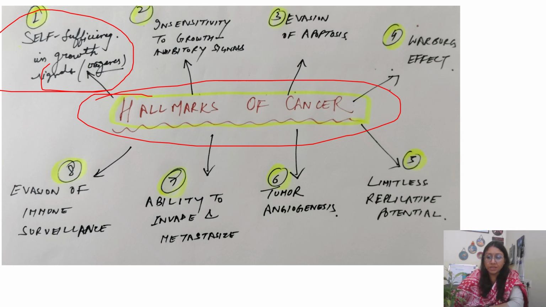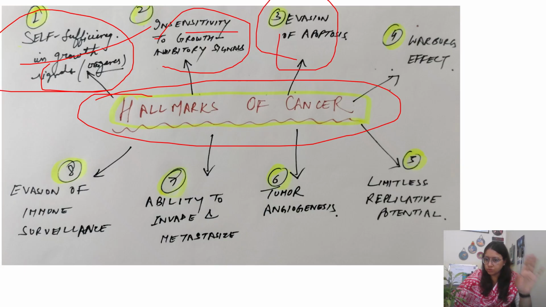So oncogenes are the cancer producing cells. Then second: it is already self-sufficient, and second is insensitive, not listening to any growth inhibitory signals. See, I'm not going to listen to any inhibition. I will keep on doing this. Okay, then you have your evasion of apoptosis. Cells which were destined to die are not dying now. So they have evaded the commands of your apoptotic markers. So pro-apoptotic markers are decreased, anti-apoptotic markers are increased. So that is leading to your evasion of apoptosis.